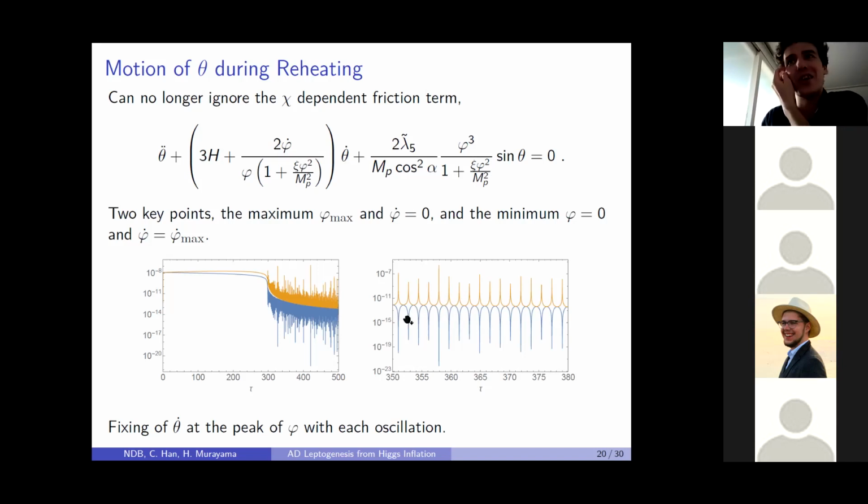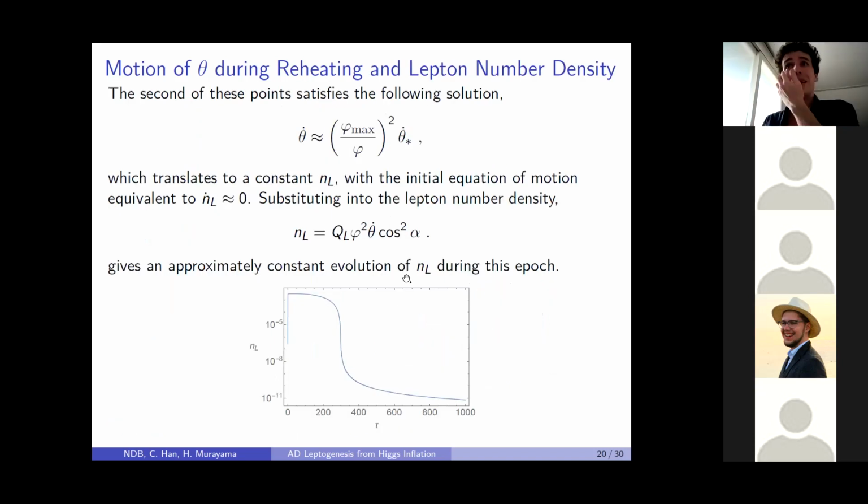But what I'm trying to show here is that this is theta dot and phi dot independently, but what you find is when you put them together, you get an NL that is constant because of the way in which they relate to each other, which is this phi squared times theta dot. So as I was saying before, if you look at when the friction term alone dominates, so there's phi dot on phi dominates in the theta term, and you solve that equation, it basically comes as this.